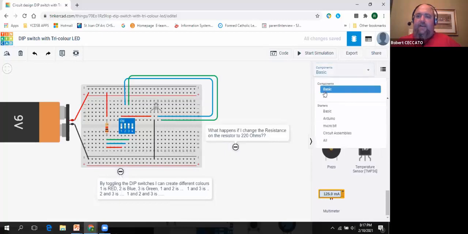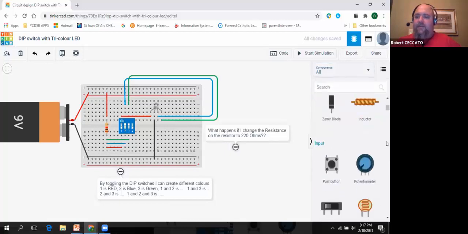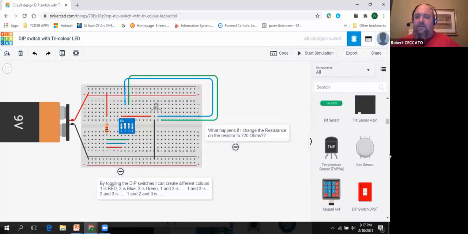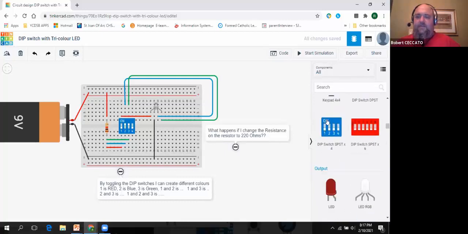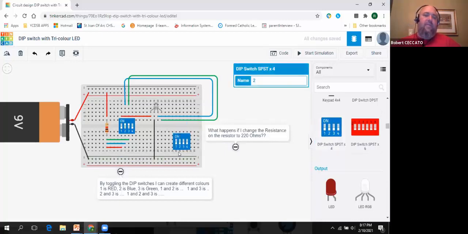Sorry, I got to find all components here because if you have the basic, you're not going to see all of them. So there it is. So if I actually drag one on and I put it in here in the whole column, then when I try and power dip switch 1, it's going to flow through, right? Because it's the same column. And you don't want that, right? You need to make sure